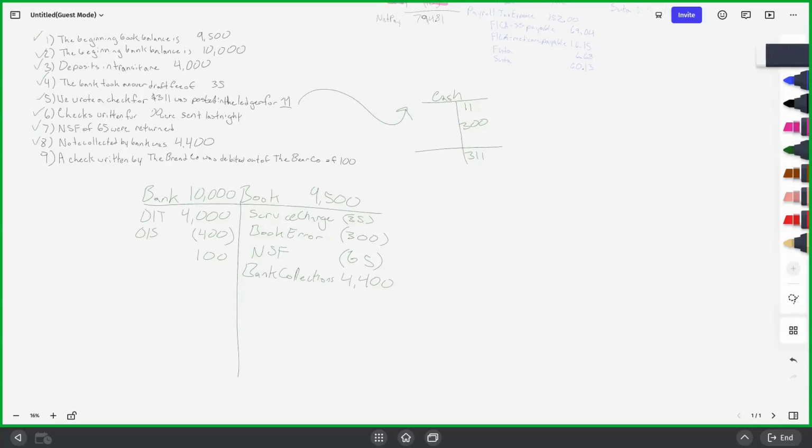I don't understand bank collections and why is that to the book end? So bank collections is basically where the bank collected money for you. Let's say you had a note receivable, someone owed you money, and you said, all right, here's my bank information when you are ready to pay it over. So technically the bank collected it for you and you don't know about it till you look at the bank statement, you're like, oh, that came in.